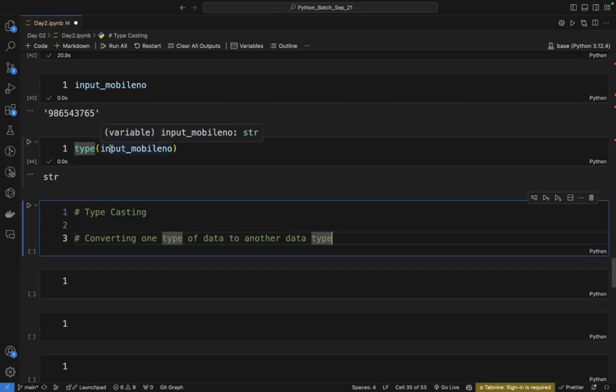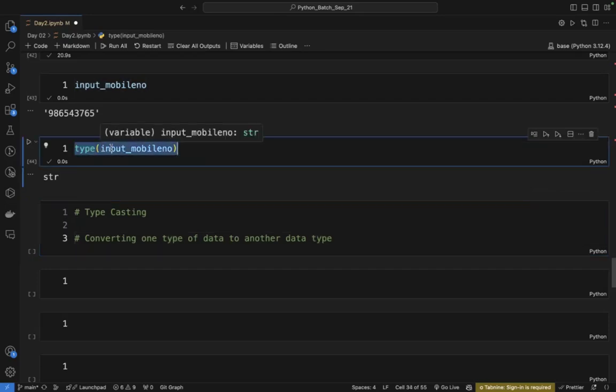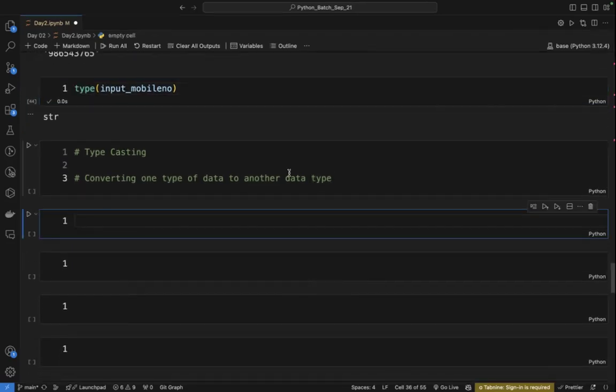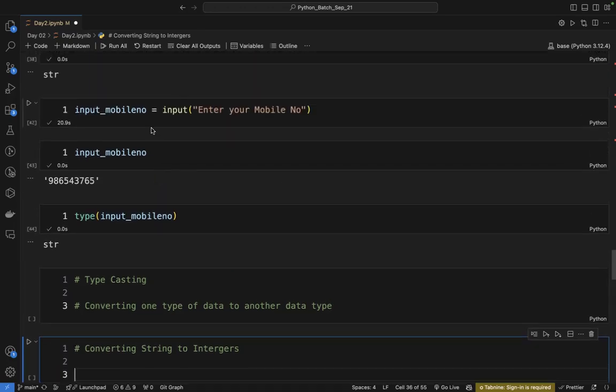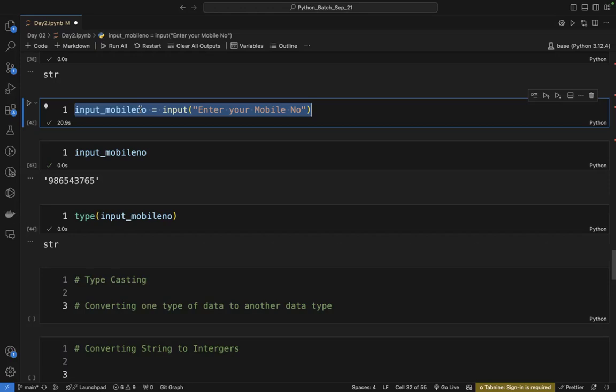अभी मैं यहां देख रहा हूं कि ये मेरा मोबाइल नंबर स्ट्रिंग तो हो नहीं सकता है, ये हमारा इंटीजर डेटा होगा। तो मैं अगर इसको इंटीजर में कन्वर्ट करना चाहता हूं तो मुझे टाइपकास्टिंग यूज करना पड़ेगा। सो लेट्स यूज टाइपकास्टिंग, कन्वर्टिंग स्ट्रिंग्स टू इंटीजर्स। अगर मुझे स्ट्रिंग को इंटीजर में कन्वर्ट करना है तो उसके लिए, लेट्स से कि ये मेरा डेटा है, ठीक है।